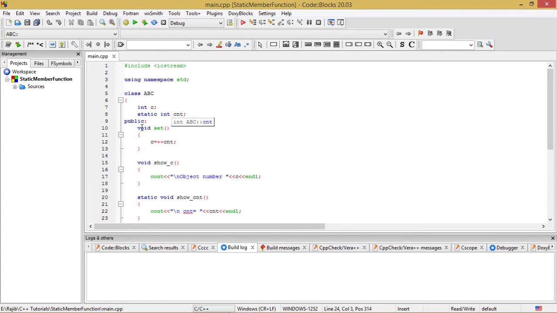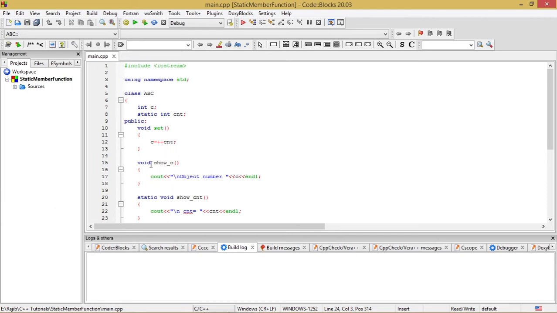Now under the public visibility modifier, I have defined a few functions, out of which the first function I have named is void set, and inside that only a single expression statement is there, that is c equal to ++cnt.